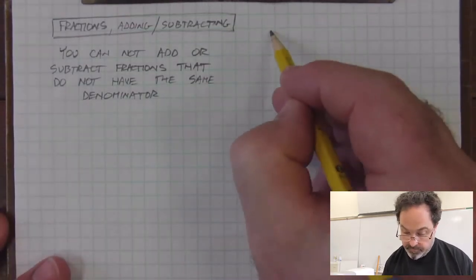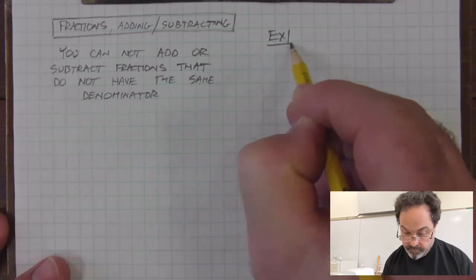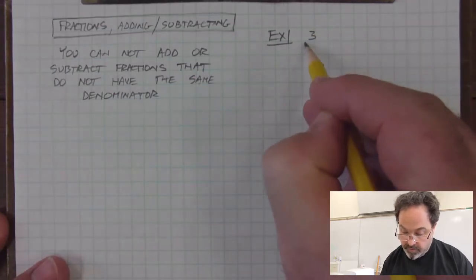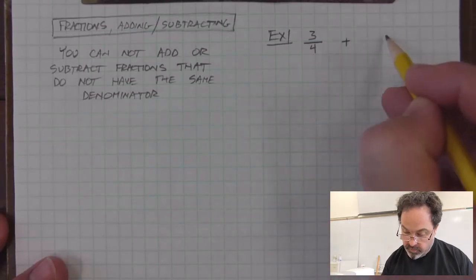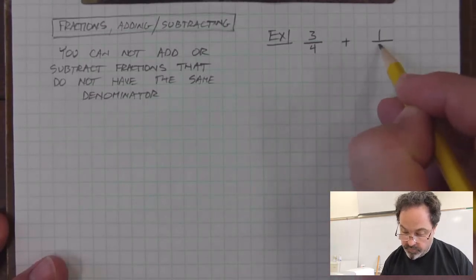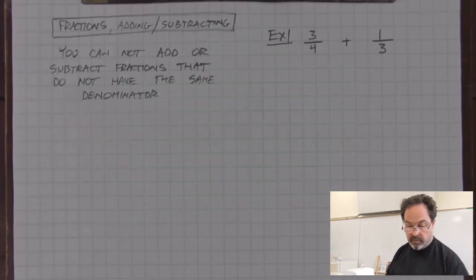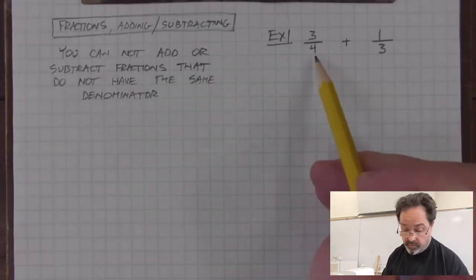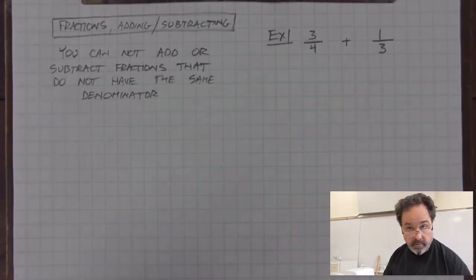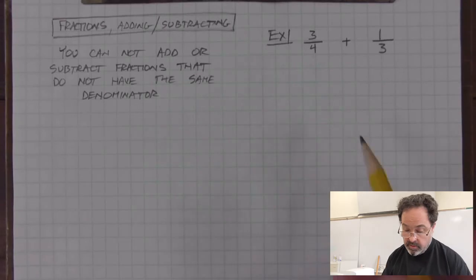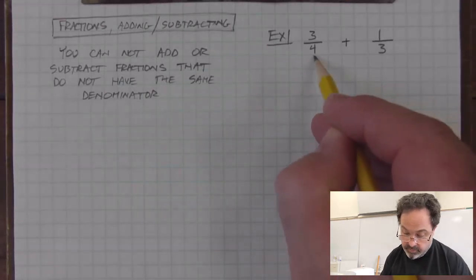For example, I could have the fraction 3/4 and want to add the fraction 1/3. These fractions do not have the same denominator. I have a denominator of 4 and a denominator of 3. I can't add them. To understand why,